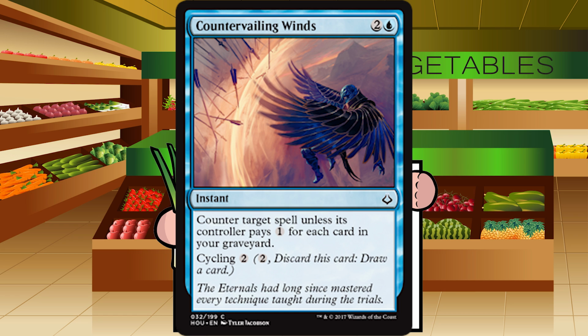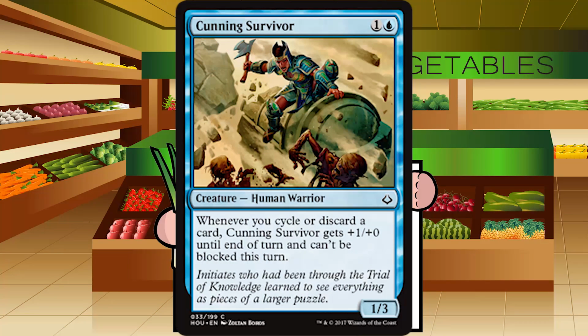I just feel like the fail state is way too low, so I'm going to start at D+. I'm going to do my best to not play this to begin with. Cunning Survivor is up next. Cunning Survivor is 1 and a blue for a creature Human Warrior at common. It's a 1/3. Whenever you cycle or discard a card, Cunning Survivor gets +1/+0 until end of turn, and can't